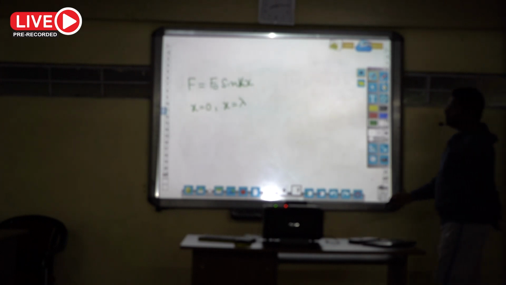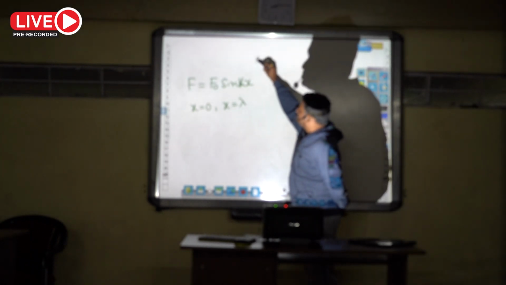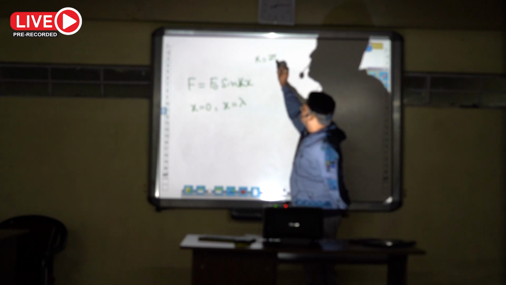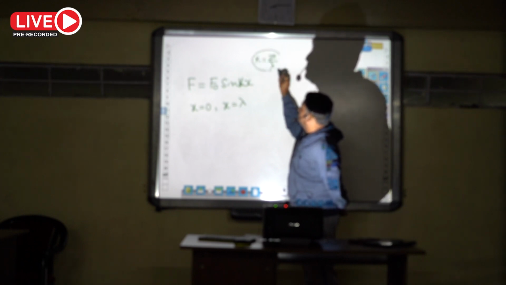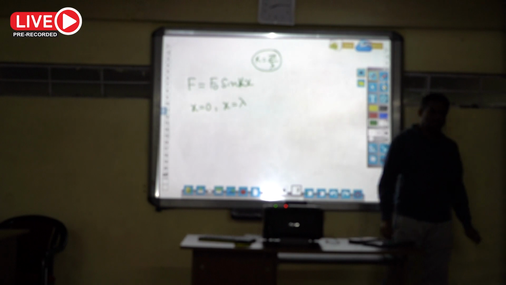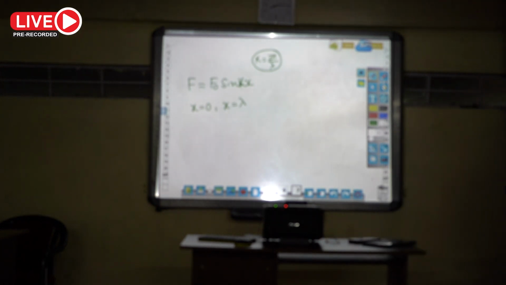Now k we can take as 2 pi by lambda. Whenever this type of calculation is given and you have to calculate the work done by this force in displacing the particle from x equal to 0 to x equal to lambda,